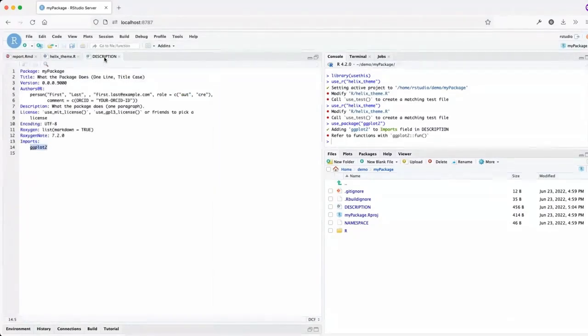It makes it very easy to say to someone else, okay, so you'd like to use my code. You're going to need these other packages too in order to do it. And they don't have to go read through your code to figure it out. It's declared upfront, and then the installer will actually know what to do, and will bring you ggplot2 and install it for you.